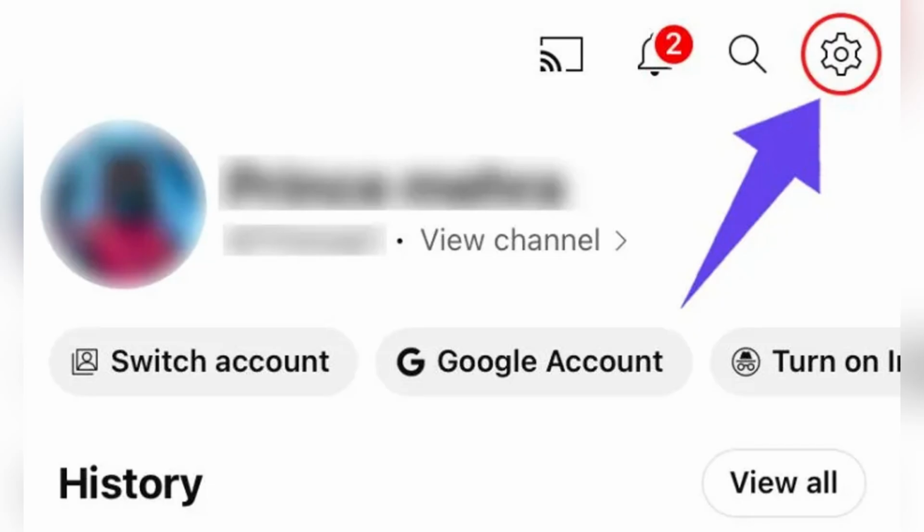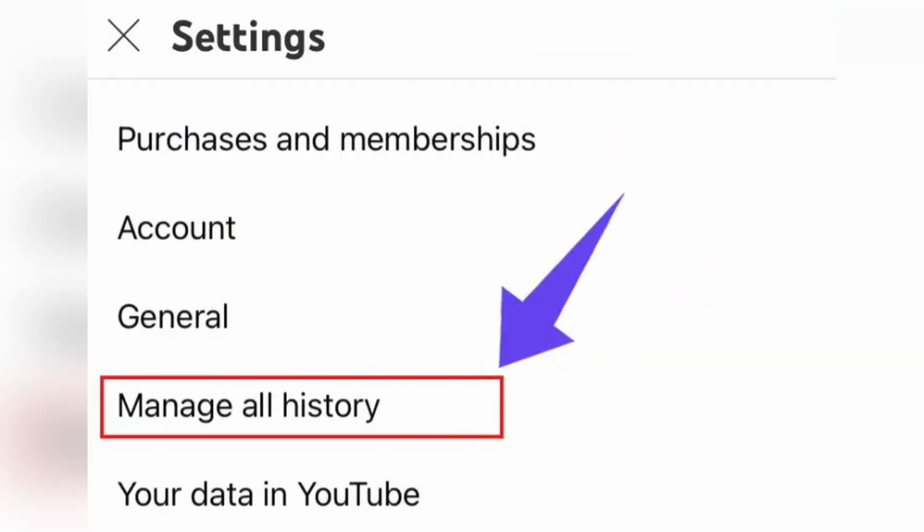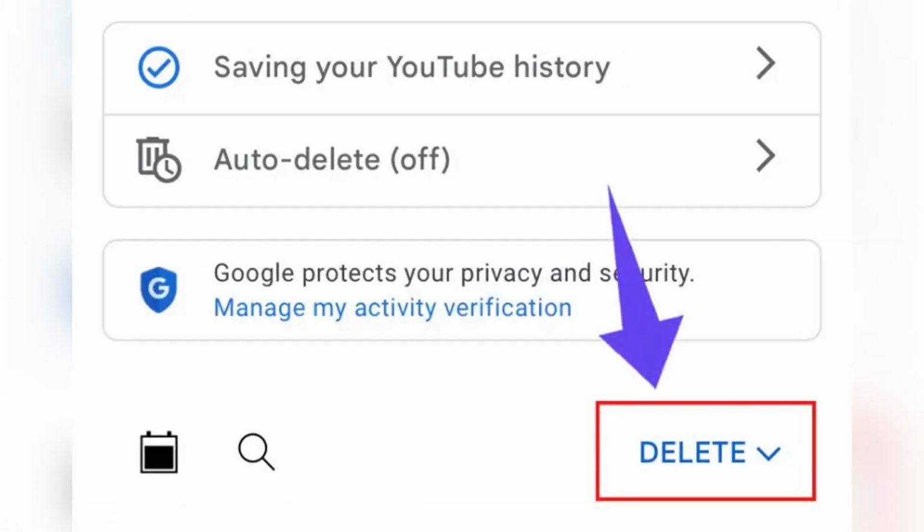History. This will redirect you to your Google Activity dashboard. Now tap the Delete button. Scroll down until you find the Delete option. Choose a deletion range, select one of the following: Delete Today, Delete Custom Range, or Delete All Time for